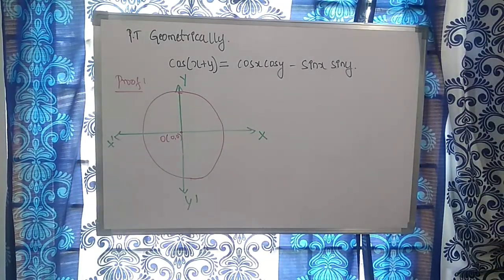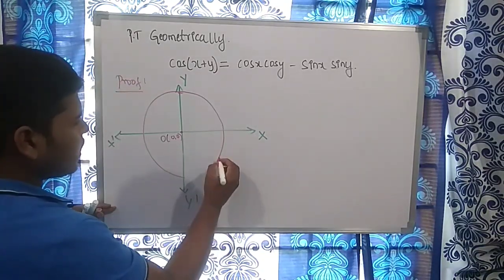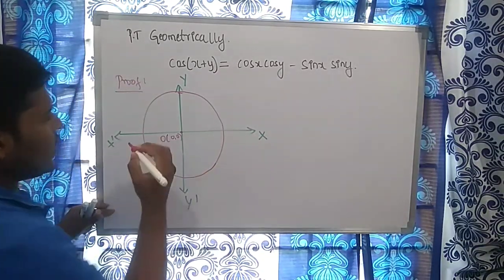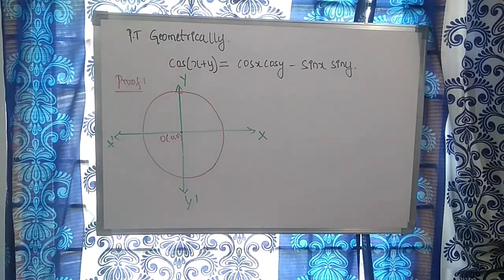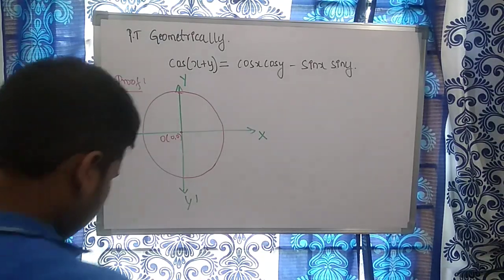Once again, the first step is we have to consider a two-dimensional system. In that two-dimensional system, consider a unit circle with center as origin and radius 1 unit. It is understood. Unit circle means 1 unit. Then the second step is